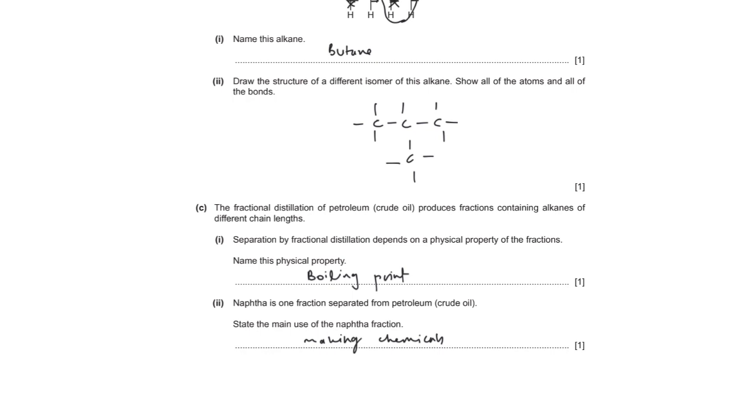Often it is also written that it is used as a feedstock. You should know what feed is. Feed is anything that is fed into an industry to make something. For example,